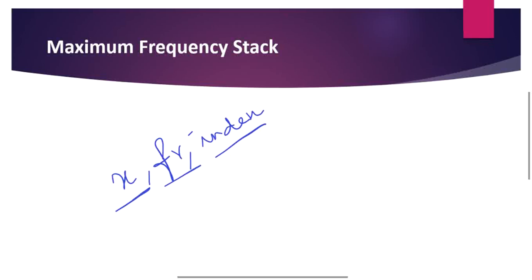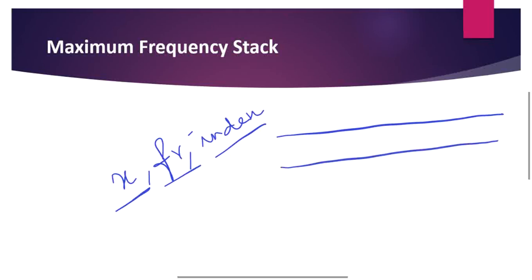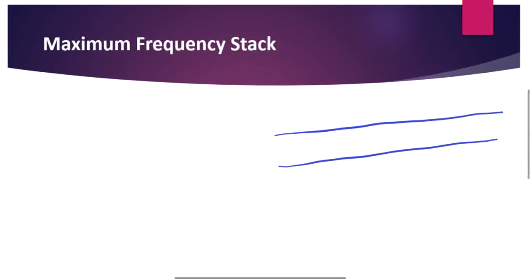So we need two factors for a given number x, and in this case we are going to maintain a priority queue. Why a priority queue? Because we have to take the elements based on the factors, so we need to order the elements inserted into the stack based on those factors. Our priority queue is going to have an integer array, holding the number pushed into the stack, its frequency, and then the index